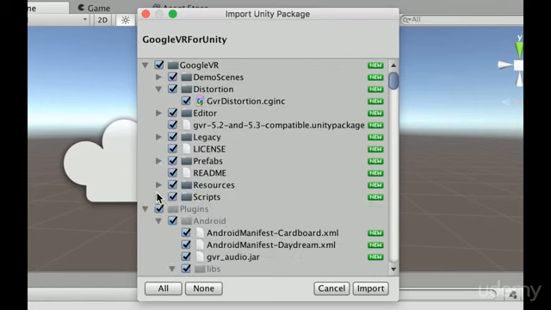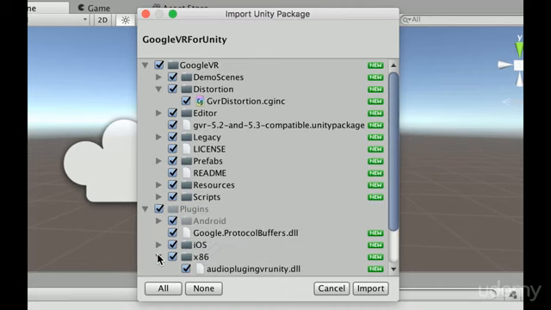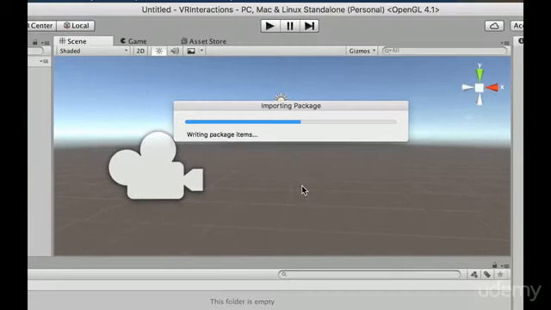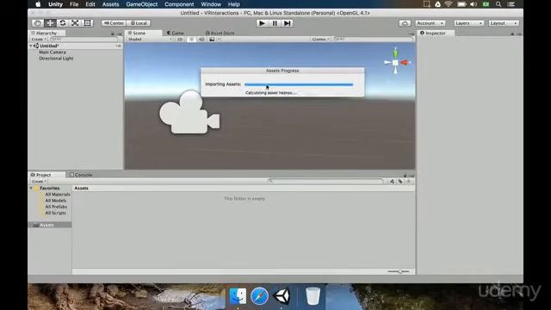Then we just import and we do the necessary adjustments so the virtual reality is going to work. Okay? And now that we have this, we just have to press the import button and sit back for a little while for this import process to finish. And once it is done, all the necessary files for activating VR mode are going to be in our assets